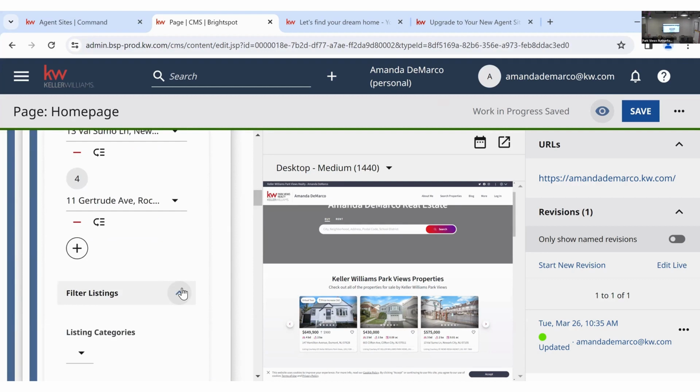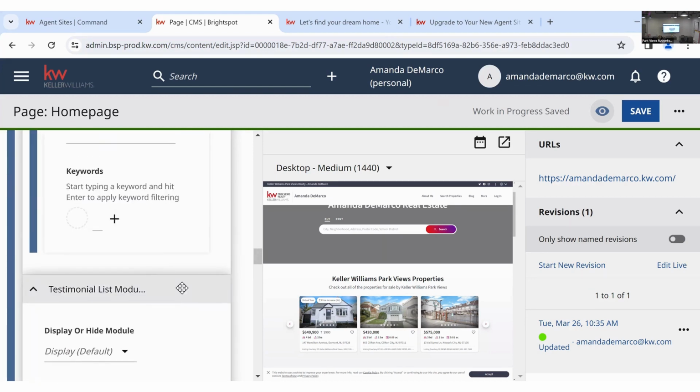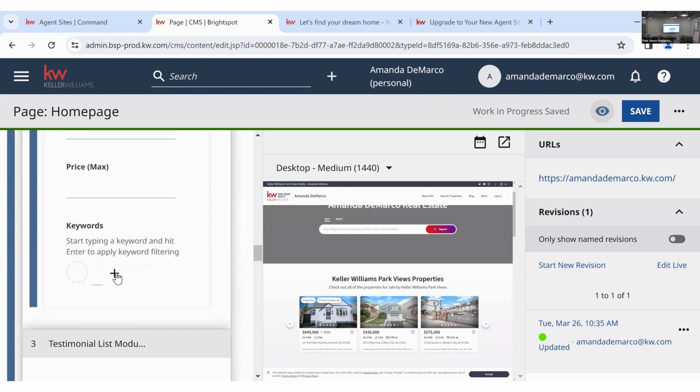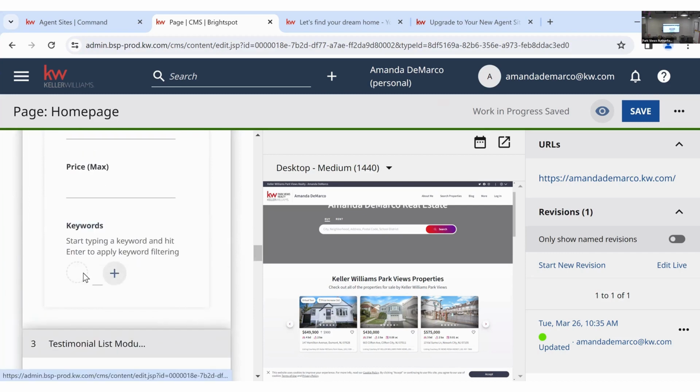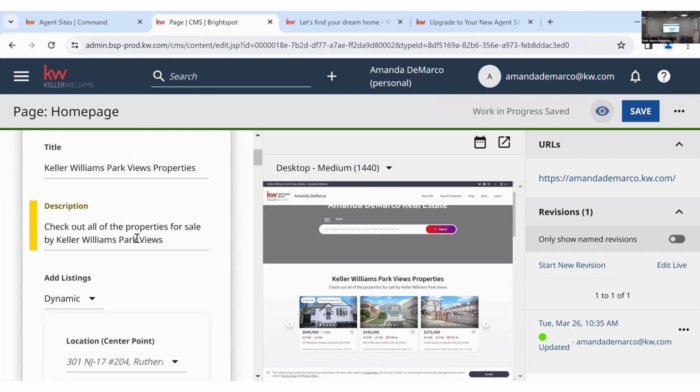Scroll down. What is it? Like keywords. If you put in the keywords and you put the town name, then you can make it focus on. Perfect. So like if you put a plus sign, let's say for Hawthorne, isn't that you type? Well, you're supposed to be able to type right now. So,